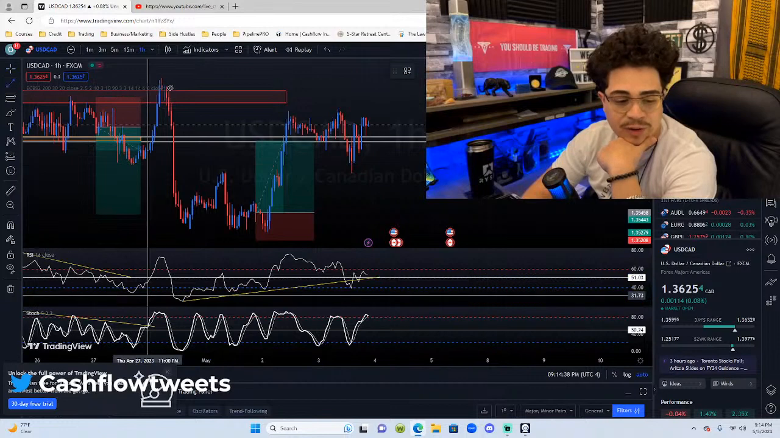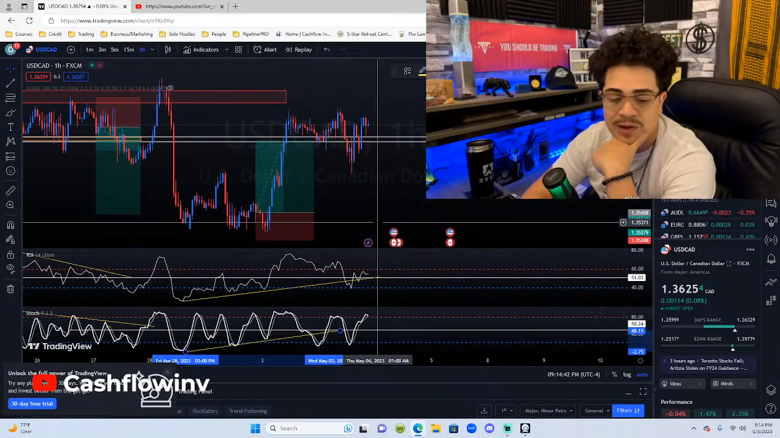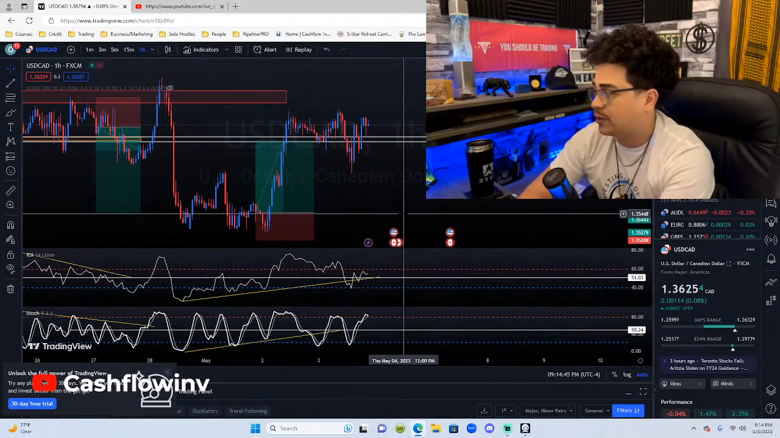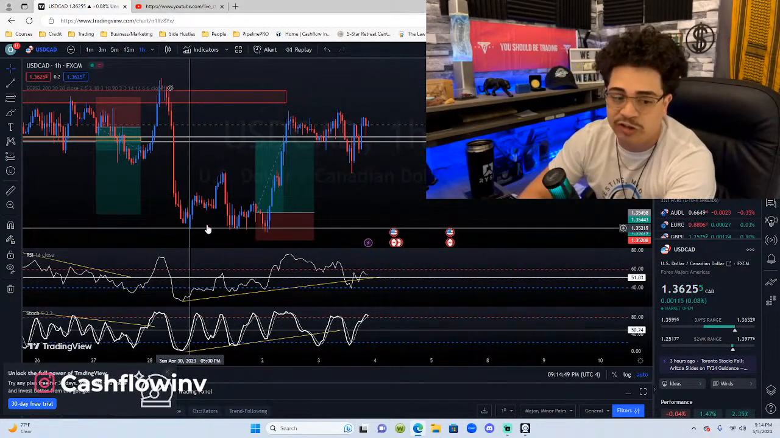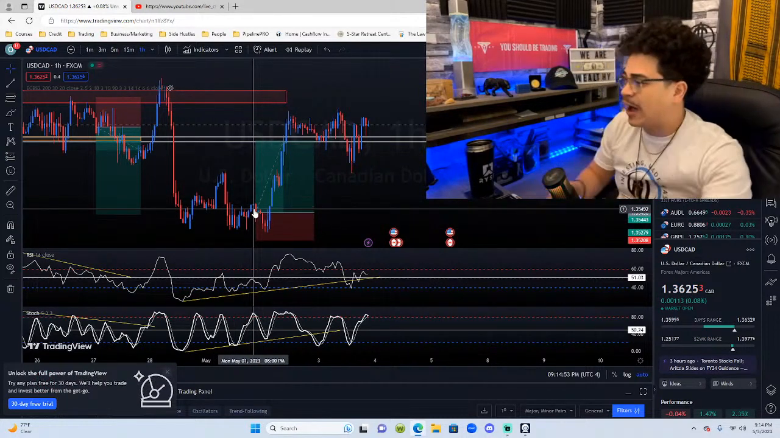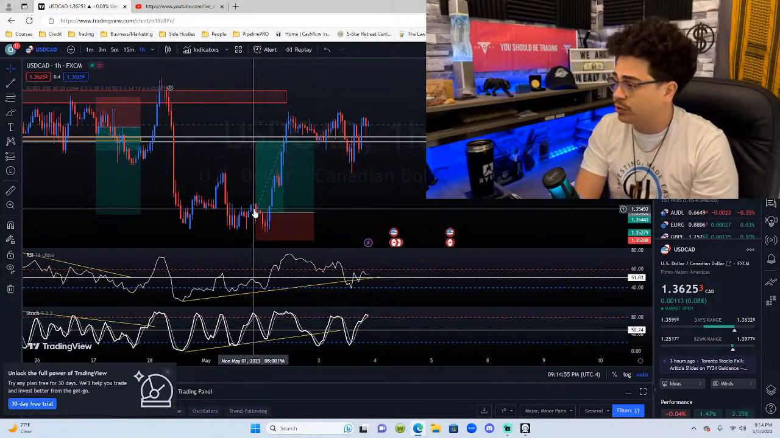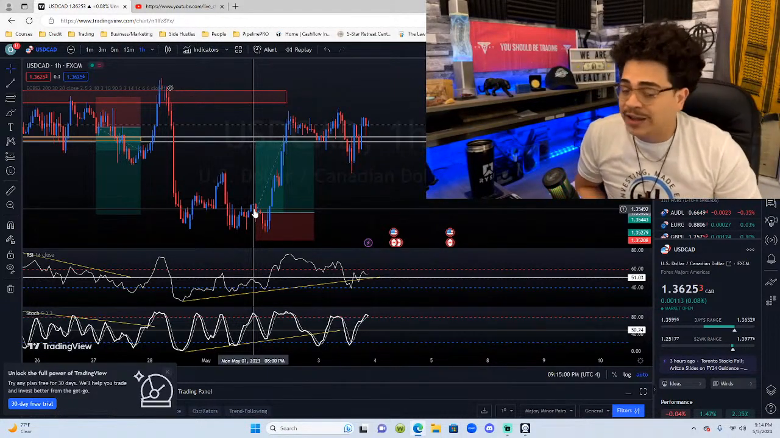Right? We had divergence on the stochastic and we had divergence on the RSI, right? So those are other indications that the market is about to push back up too. So using that in consideration with the triple bottom, in consideration with the doji candles, right? At that time, USD was stronger as well on the currency strength meter, and there wasn't any news at that